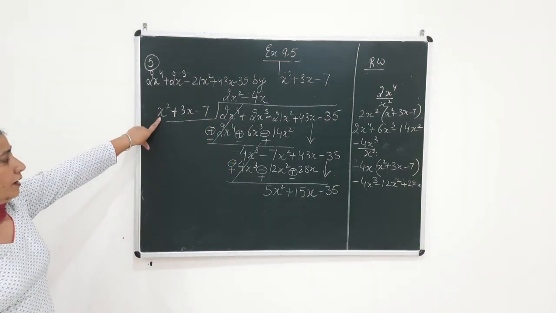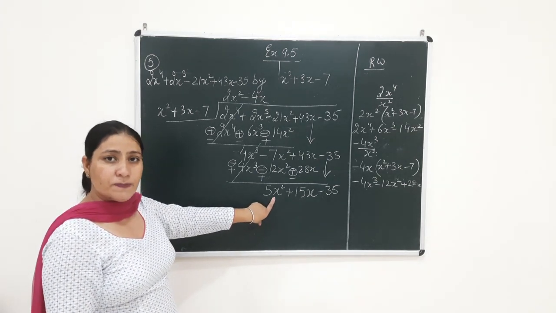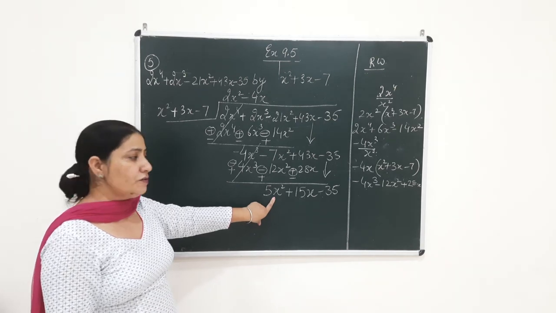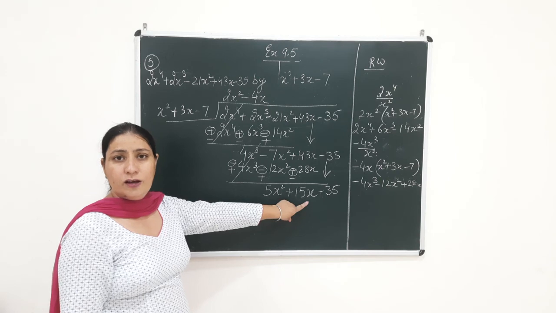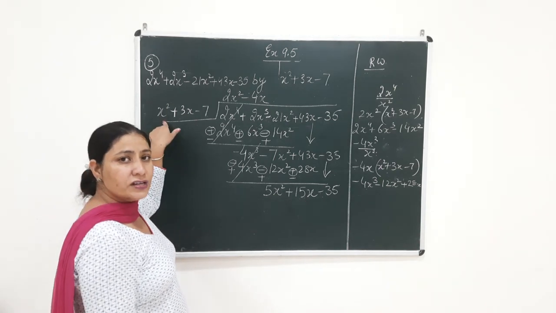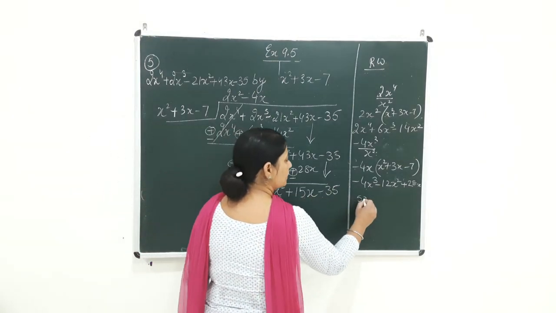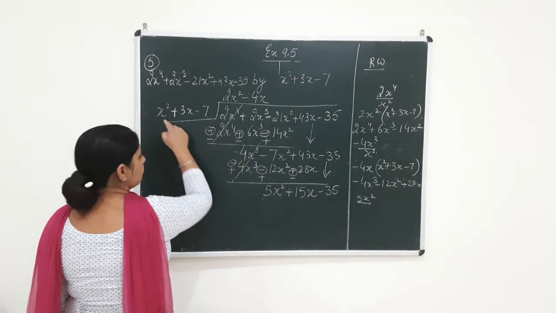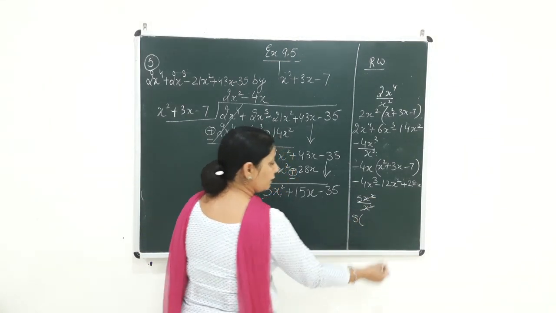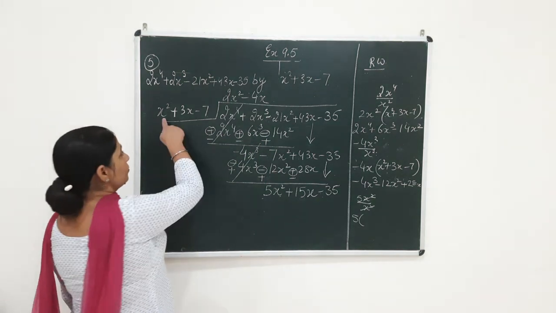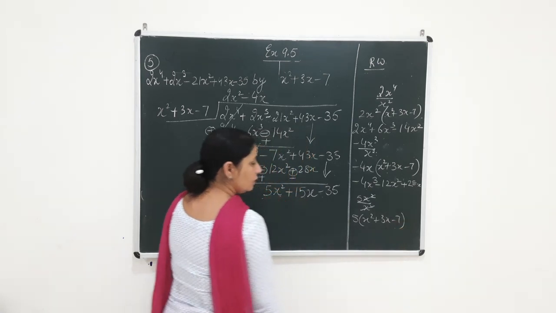Now here we have x square, here also we have x square, so we can do the division one step more. We have to stop the division once we get the last remainder whose degree is less than the degree of the divisor. Then we will stop the division. So here, beta, you will divide 5x square by your first term, that is x square. Now this x square and x square will get cancelled and you will be left with 5. Now this 5 is going to be multiplied again with this term, x square plus 3x minus 7. So what do you get, beta?